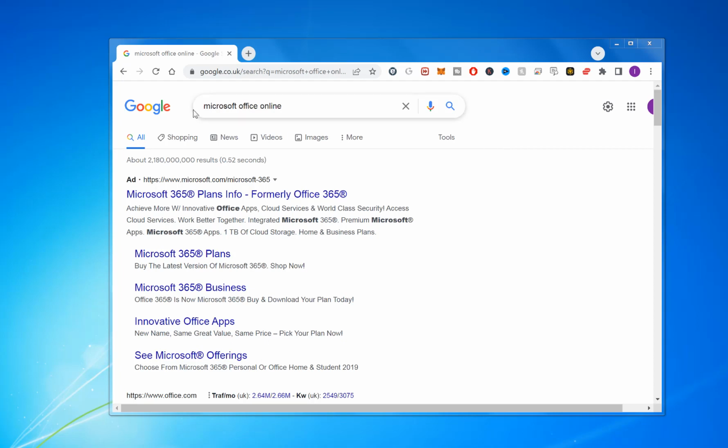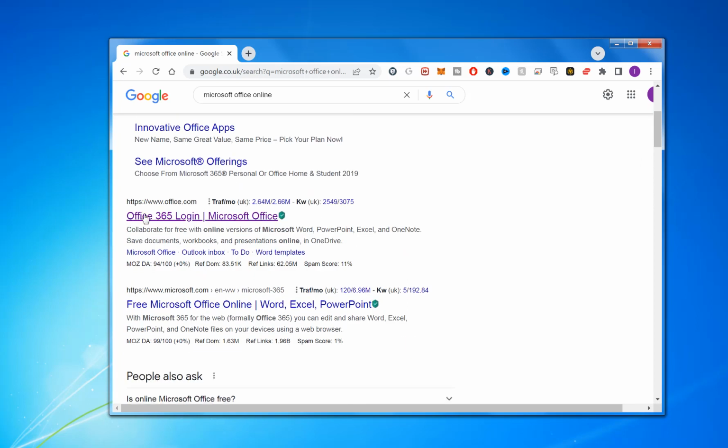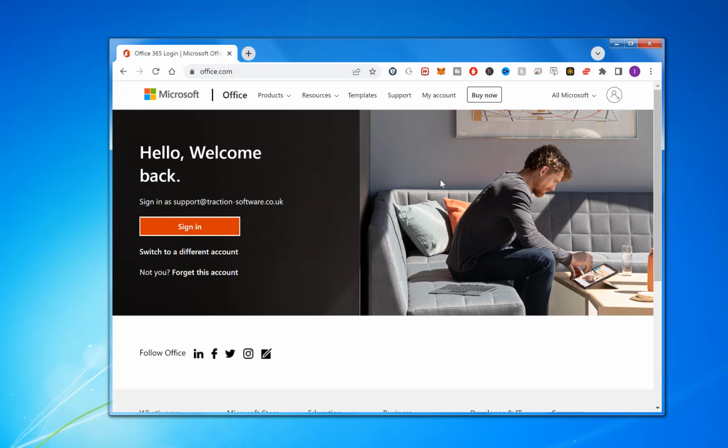Now to get to this, you need to search for Microsoft Office online. Scroll down and you want to do Office 365 login. Now in here you don't want the buy now or anything like that, you just want to click the sign in. Now if you don't have an account, you can create a free account. It's totally free, and then once the account is set up, you can just sign in,